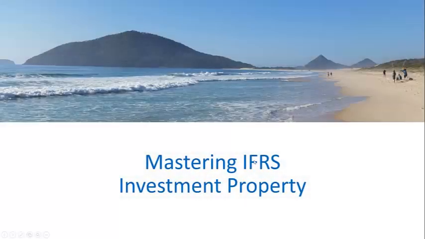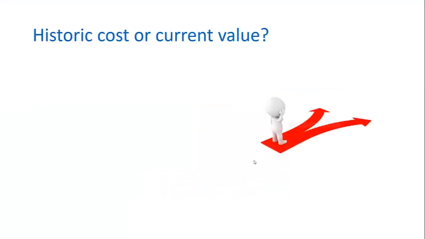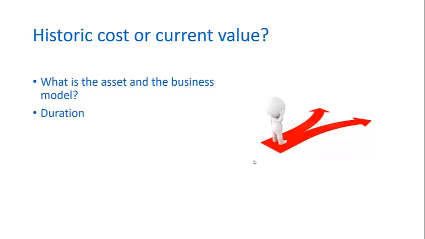Hi, what I want to do now is to talk very quickly about another type of asset which is accounted for with its own accounting standard, and that's investment properties. In considering how investment properties are going to be accounted for, whether on a historic cost basis or a current value basis, what we need to think about is what is the asset, what is the business model, what's the duration over which the assets are held, and are there likely to be material